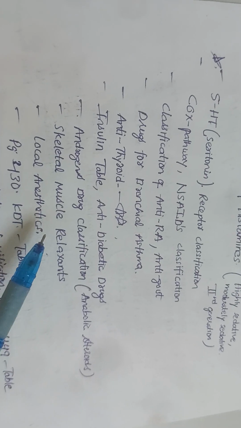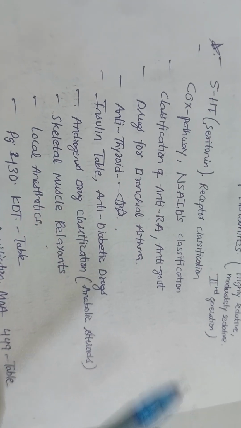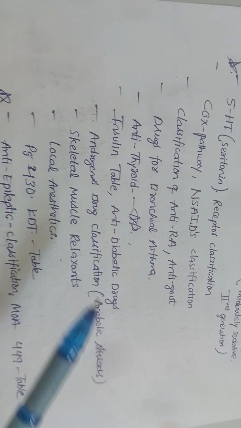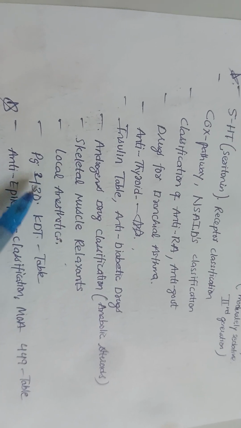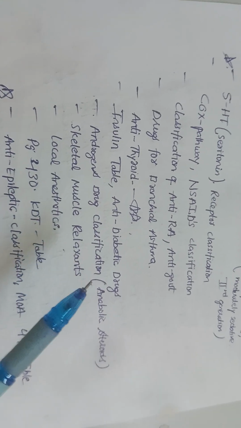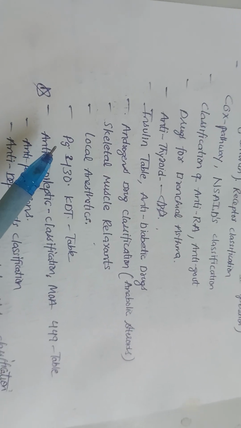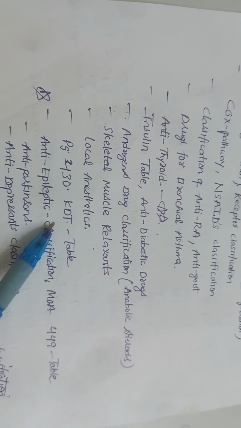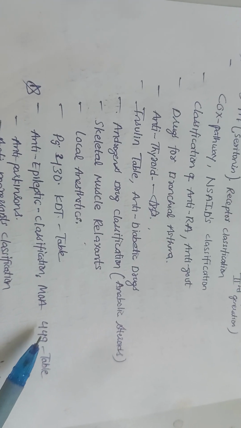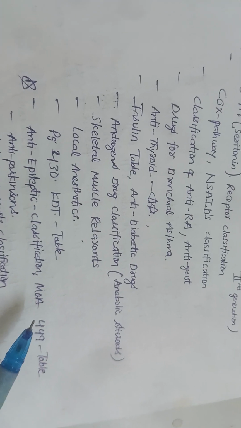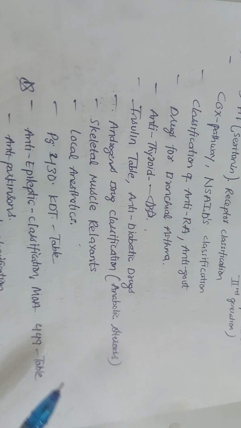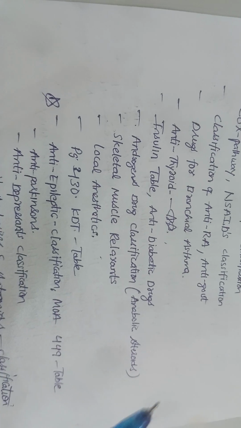The classification of local anesthetics is very important for both medicinal chemistry and pharmacology, very important, and study the page number 430 of KD Tripathi 8th edition, very important. And very important, the anti-epileptic classification, MOA, and the table of specific drug of choice, which is on page 449 of KD Tripathi 8th edition, very important, and study